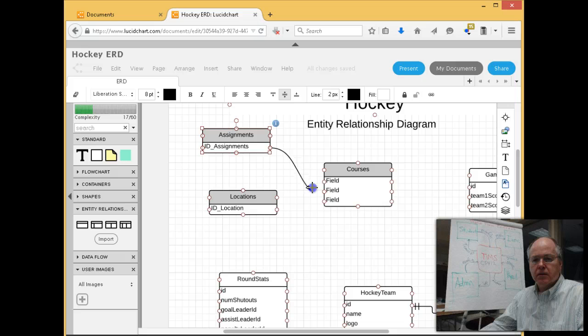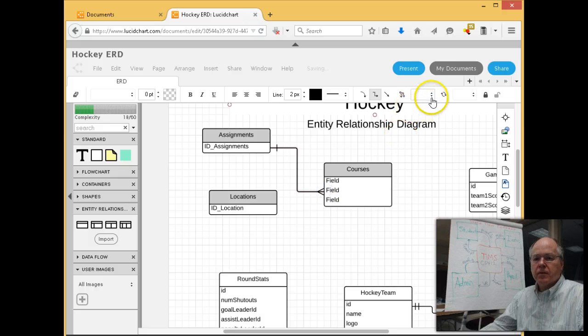So on one side, it has to be little lines, okay? Line on the other side. So on the left side, it's going to be 0 to many. And on the right side,